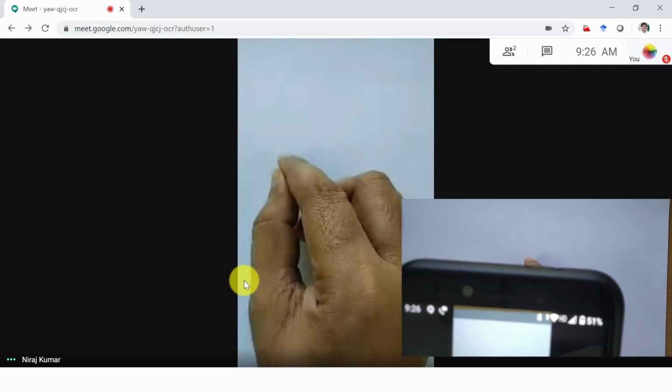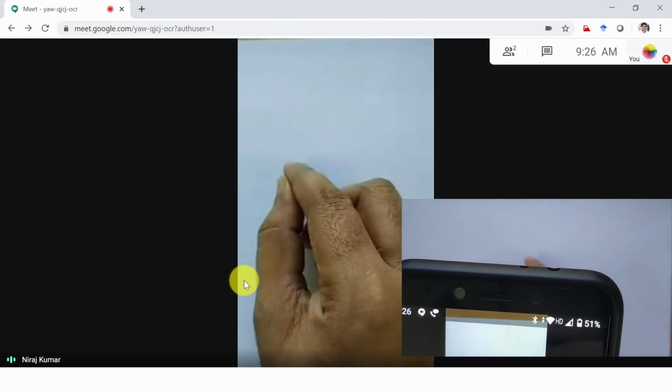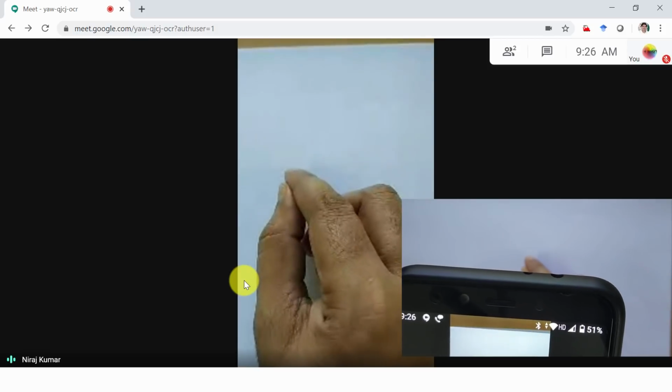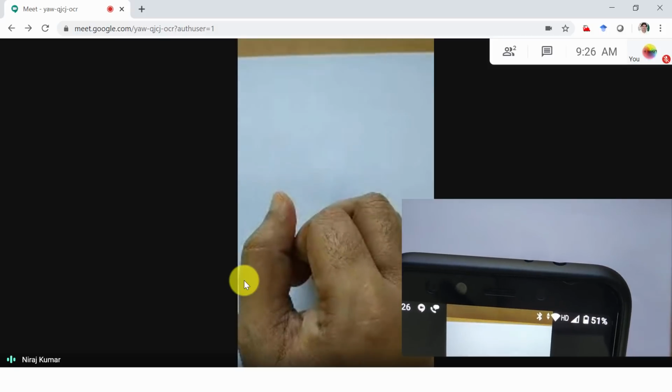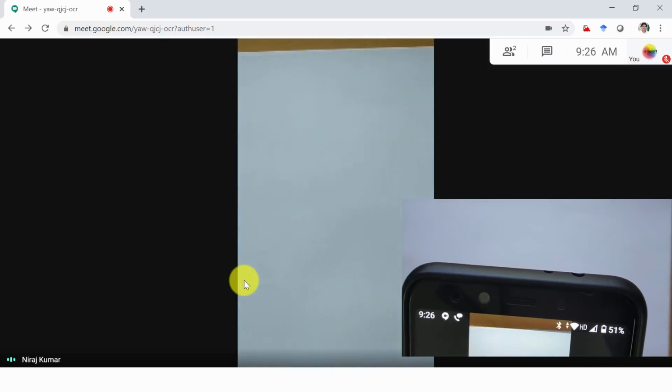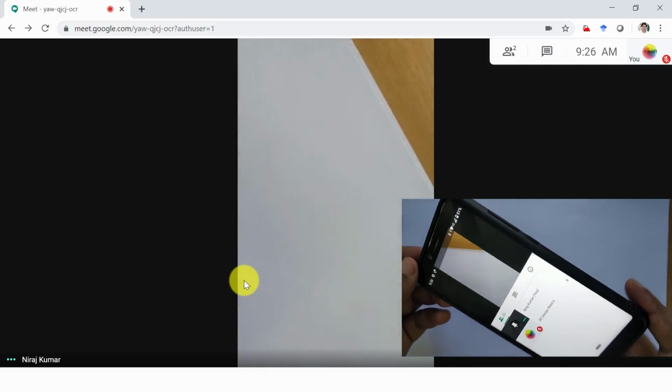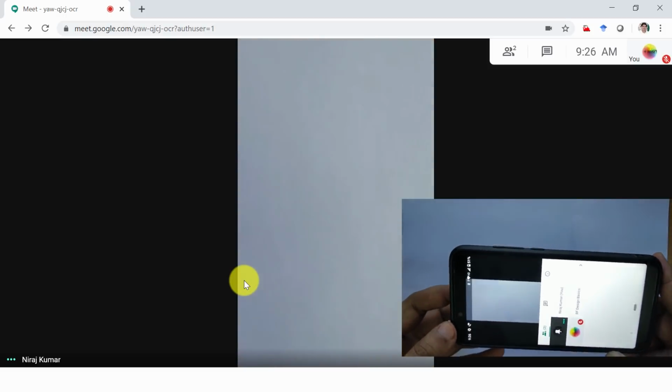laptop screen. Now since this orientation is portrait, we have to change the orientation so that the full screen on the laptop can be shown. For that we have to just turn this.